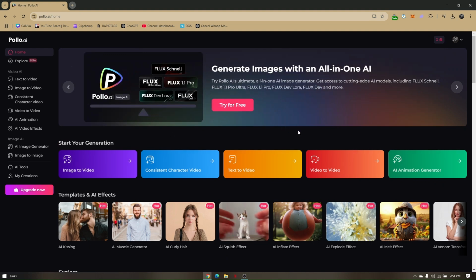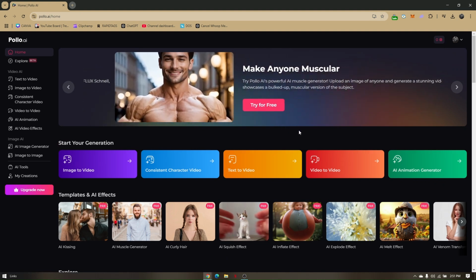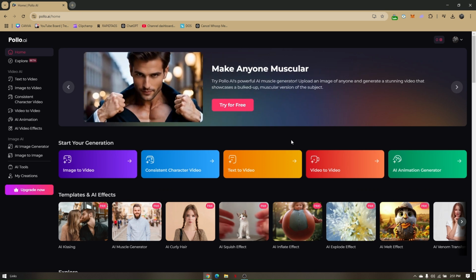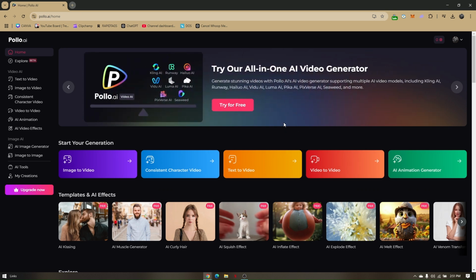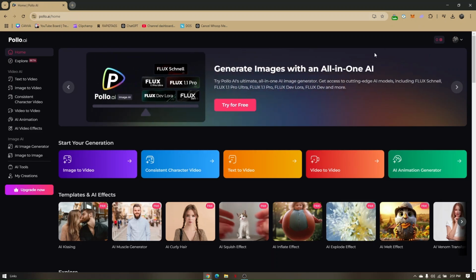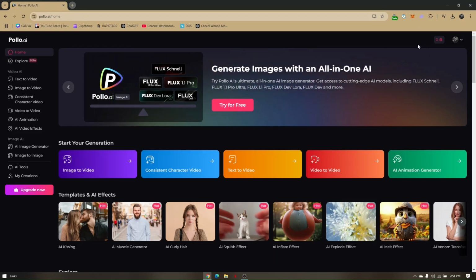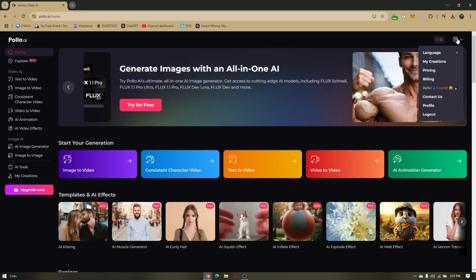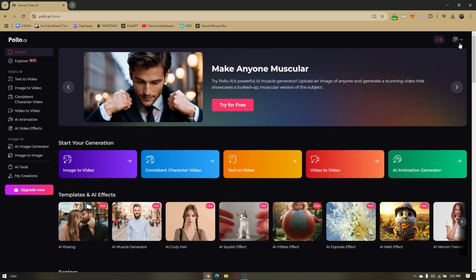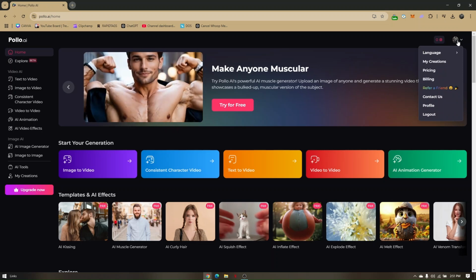And once you're here, you'll have to log in to the account with which you'd like to cancel your subscription. This is very easy and straightforward to do. All you have to do at the top right portion of your screen, you should be able to see your profile picture. If you just hover your mouse, there's going to be a bunch of options for